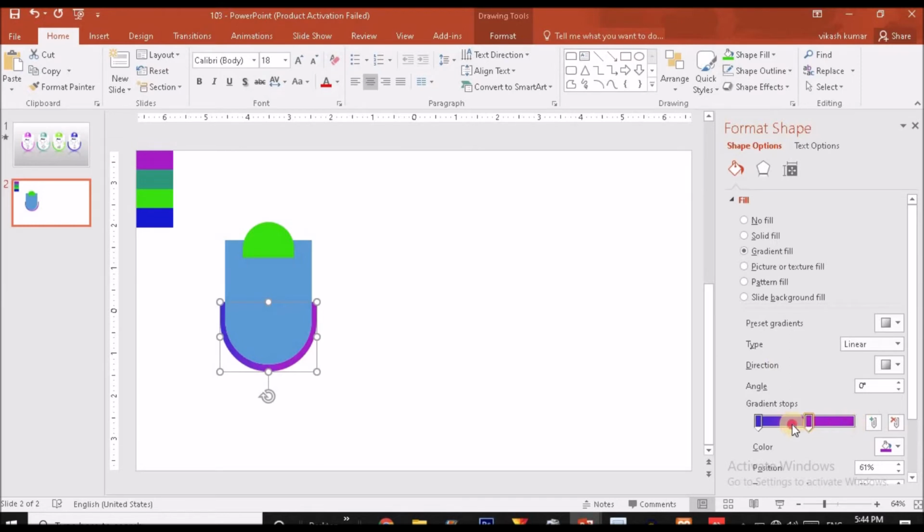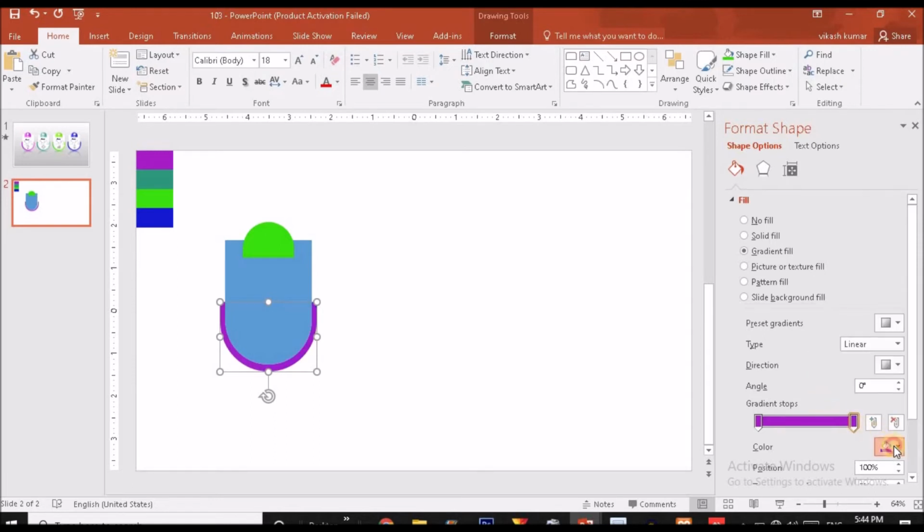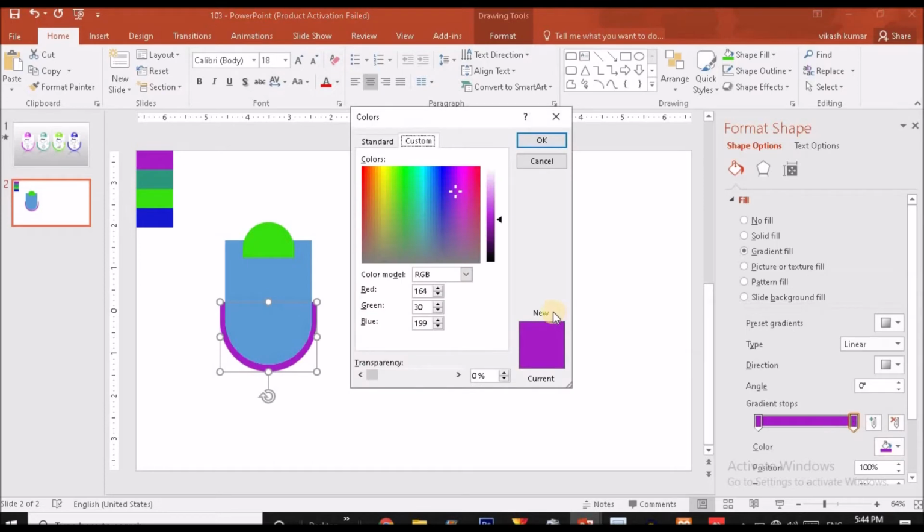Let me alternate the handle because we want this color at the left side, and for the right side, I'm going to click on the right handle and choose the same color, but again I'm going to choose more color options so that we can get a reference of the previous color sample and reduce the darkness of this color by moving this cursor to the top of this scale.